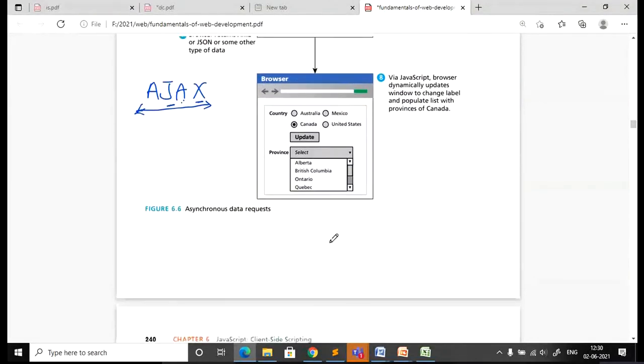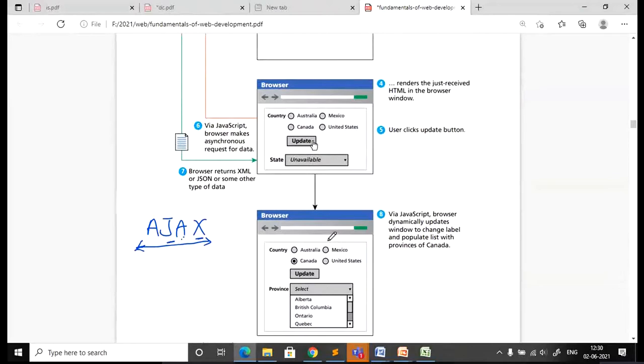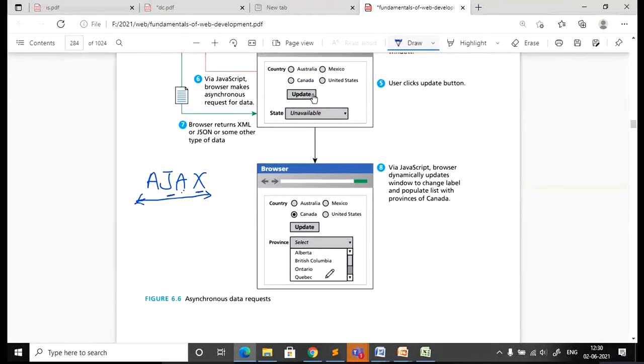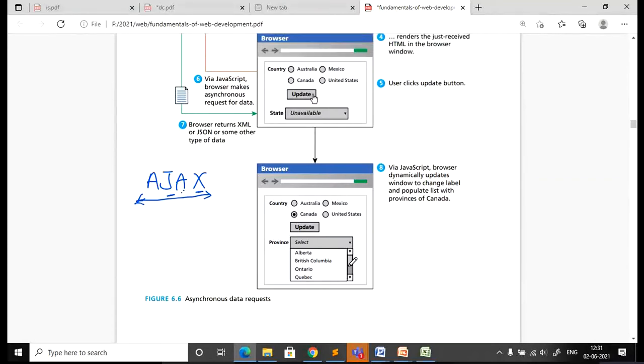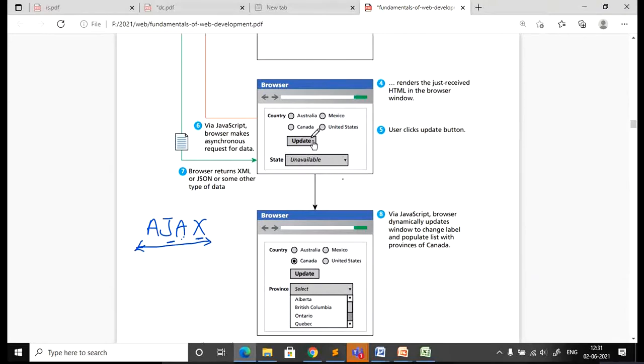That is one difference between these two. It will stay on this page only till you get the result. Once the result is there, immediately you will get those options or whatever details it requires, and it is going to display. Only thing is, in between, it will not go from this page to a blank screen.